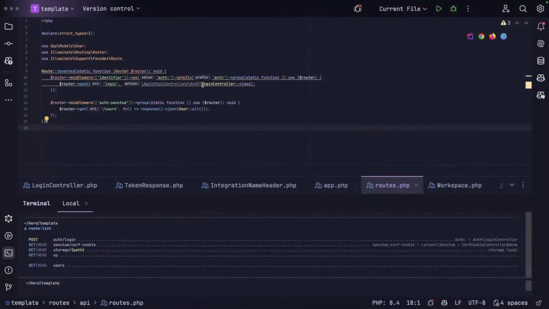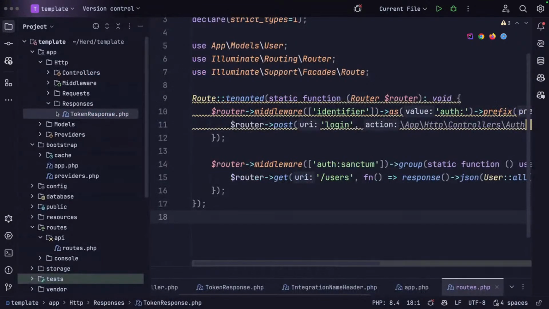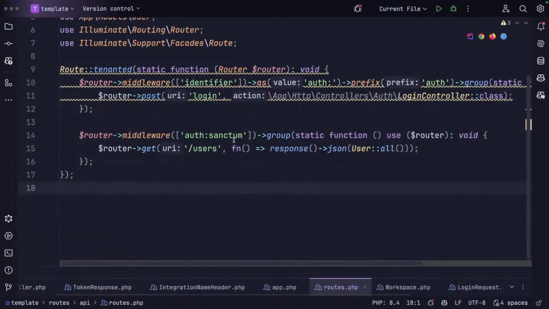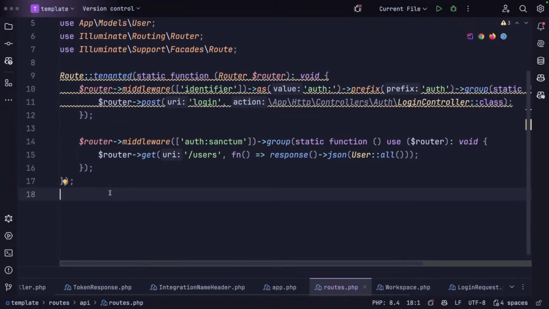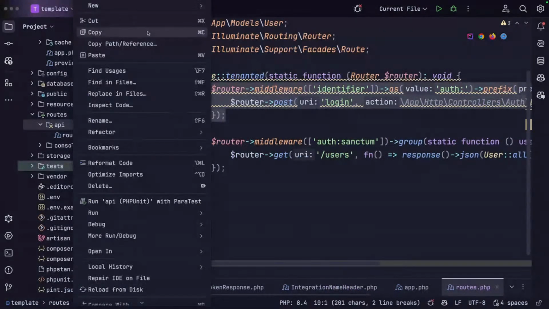So how would I move forward with this, though? That is the question. So what we've got up the top here is we've got our routes. And what we want to do is basically organize them a little bit, right? I don't know if Ollie's still online, but I'm at the can I implement tenanted in multiple places, or do I have to pass through router and build it out that way? Because what would be nice is if I could get auth routes all in one place. So for example, I could say